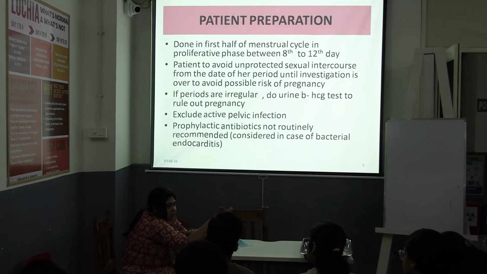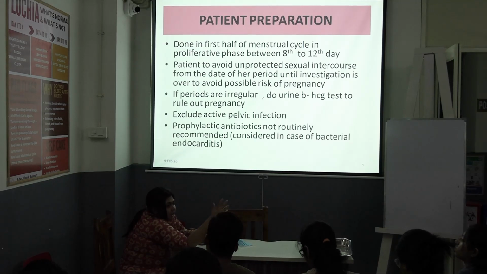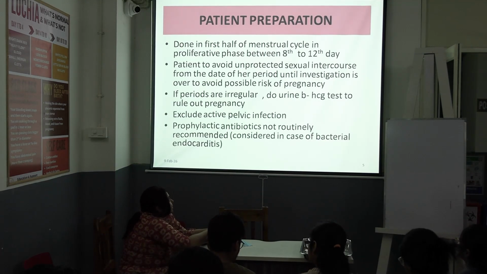So, you do not want to injure any structure, you do not want the patient to get infected, as well as you do not want iatrogenic endometriosis, as well as active vaginal bleeding is already a contraindication for doing HSG. That is why day 6 to day 12. And after day 12 you do not do it, because there is a high chance the patient might have ovulated and pregnancy gets disturbed, or the ovum, whatever is there, will get disturbed.